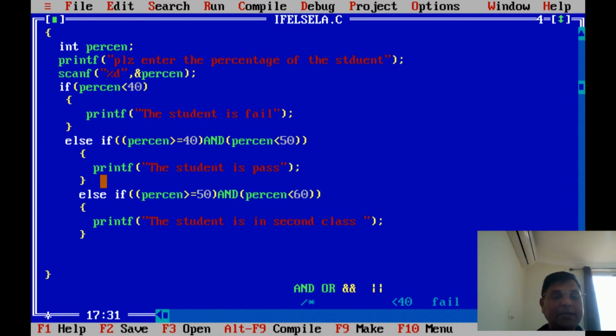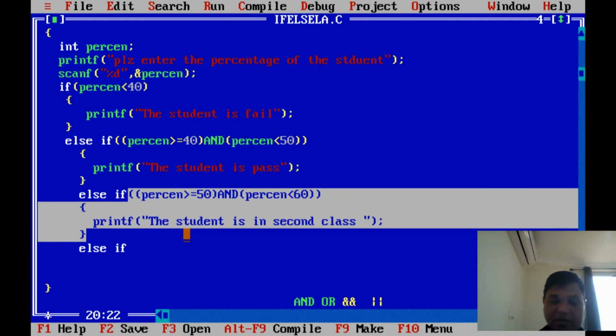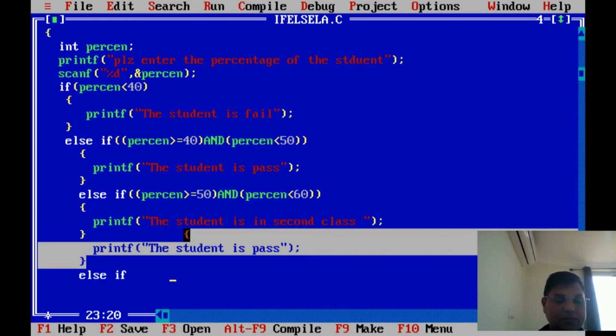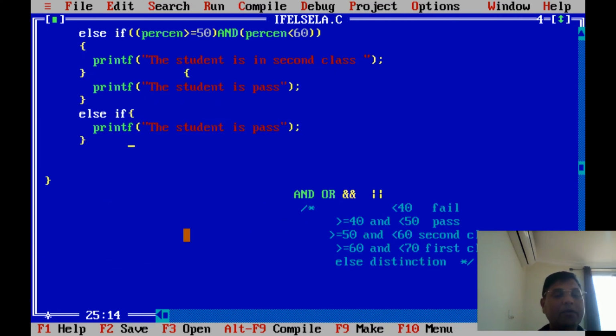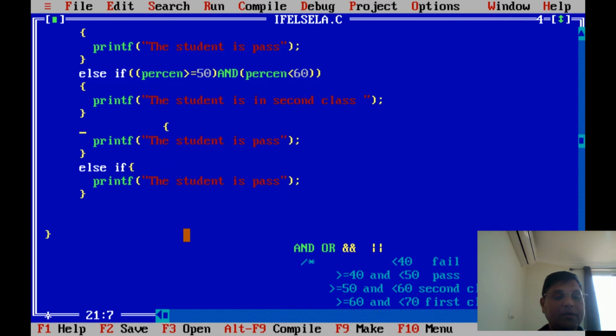Okay, next another condition. Suppose the marks are not there, again else if. So if this is not true, then again come back with else if. Again we use Control Insert and Shift Insert. So in this condition, the next condition is for first class.